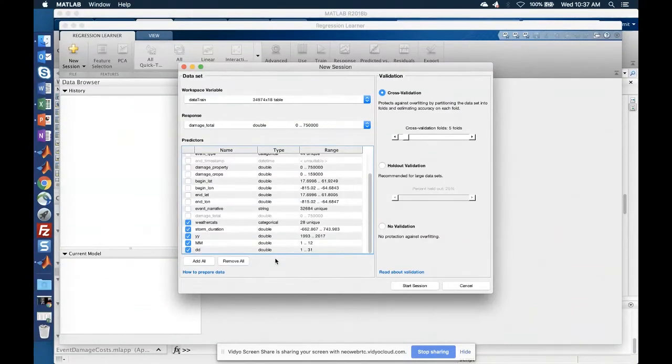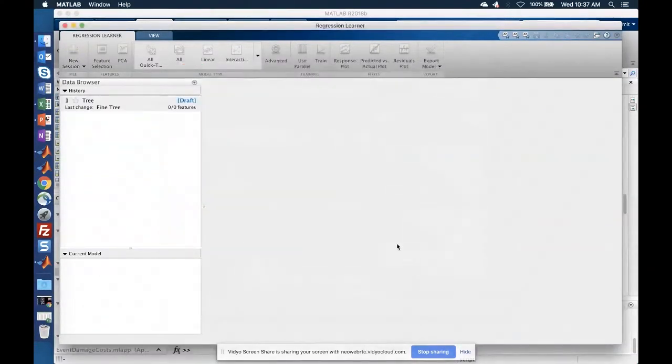So this is the kind of model that I have selected for this particular demo, but you are welcome to explore other models and other predictors as well. I just wanted to show you how you can develop a model like this. I'm not going to change anything else in the app, but if you want, you can. You can even do another layer of partitioning of data for testing and validation, but I'll just keep the default ones here. I'll start the session.